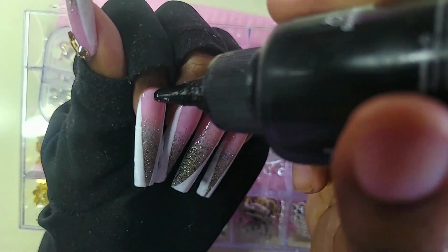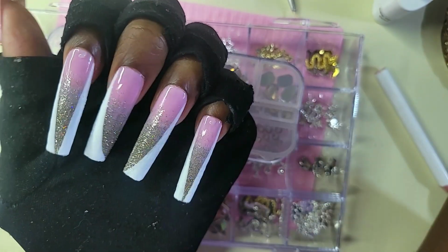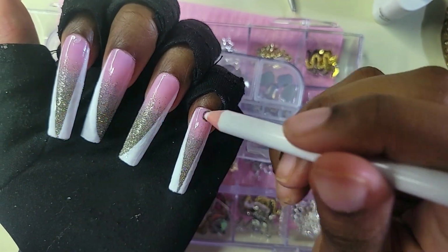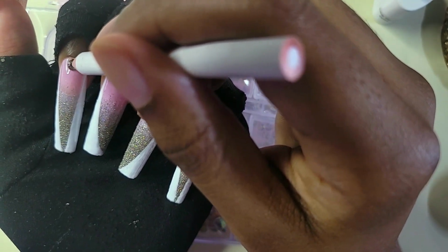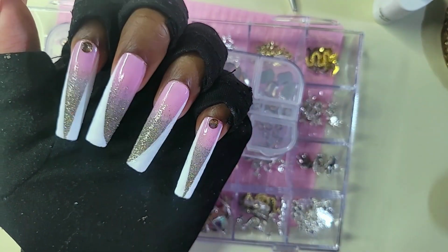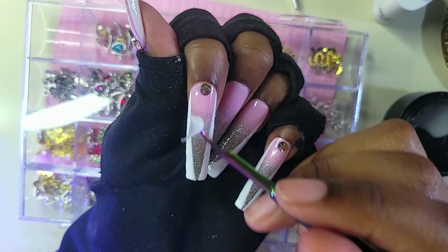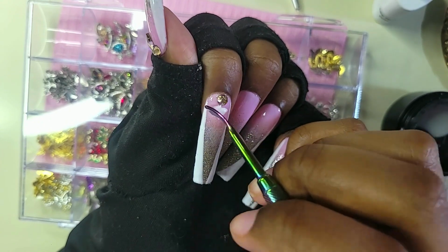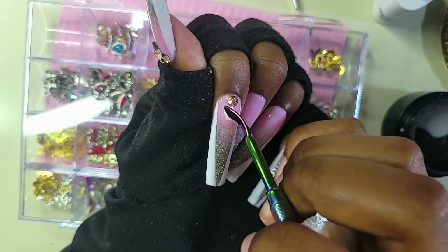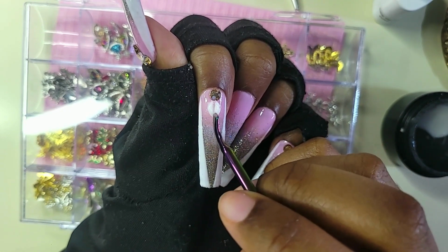So I am using a little bit of Beetles rhinestone glue. I don't recommend Beetles rhinestone glue for rhinestones. I do recommend it for crayon nails though, but not rhinestones, just because I don't know the longevity of it, and I can't really test that out since I always pop off my nails and I don't like using it. So I can't recommend it for this, but I am using it just because I don't want to top coat